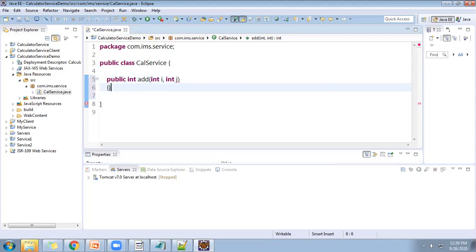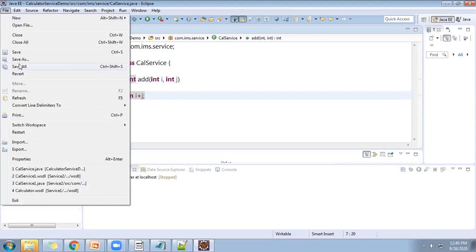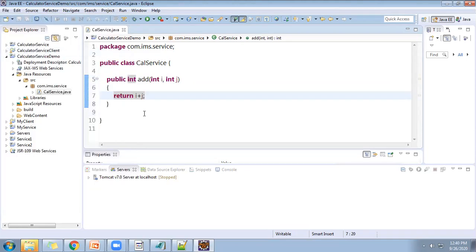Open curly braces, close curly braces, and return the addition of i plus j. So this is the component class which is used in Java. The class is ready. Let us save the class first. So I have saved the class.